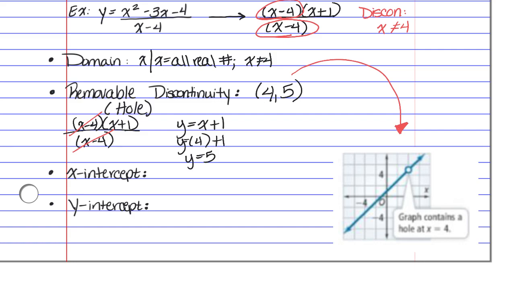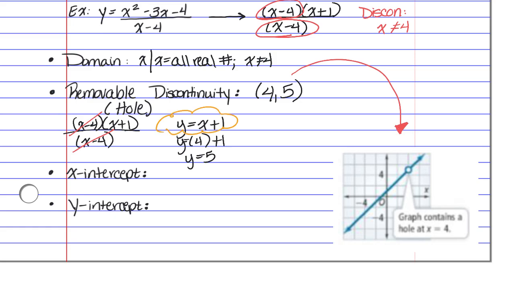An asymptote would cause the entire function to curve as it approached the asymptote. But this is simply a hole in the graph that occurs at the point (4, 5). If I needed to find the x-intercept, I could use my simplified